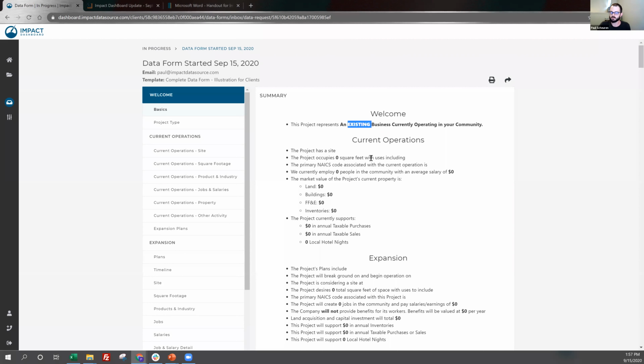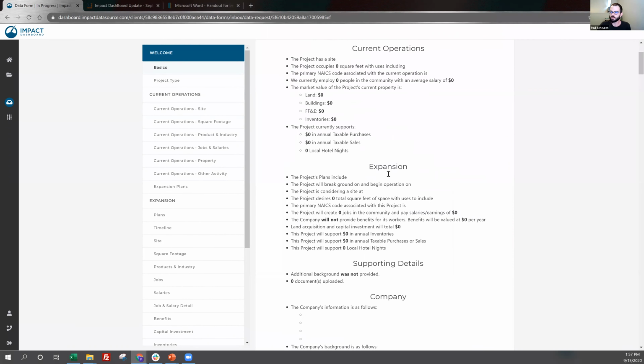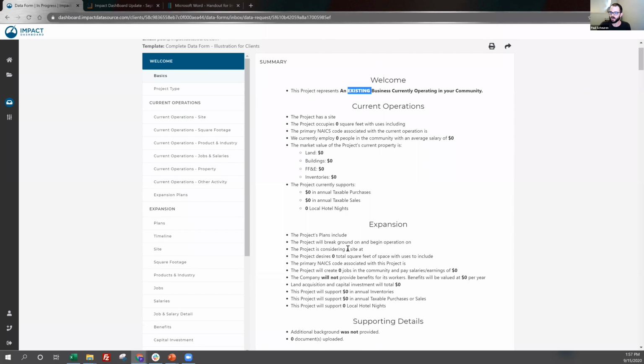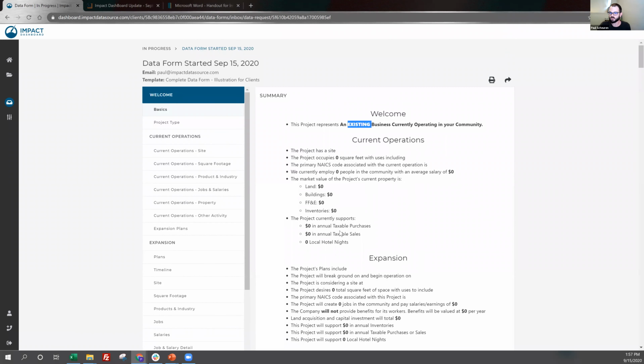Really, I had only said it was an existing business. I hadn't typed anything else in. It would have been cool if I had, because then we would see it populate here. This is that summary I was talking about. This summary would also appear at the end of the data form for prospects. If I go back to my in progress,